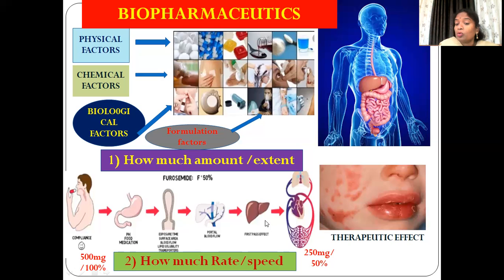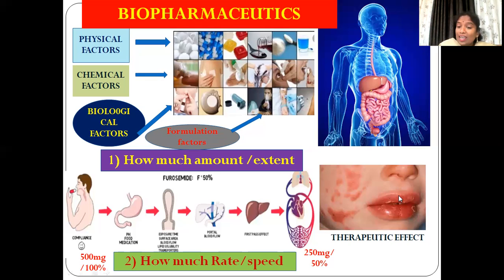And we have to design the dose regimen. How much dose we have to give the patient, and how the dose regimen should be, we decide by these biopharmaceutical studies. Dose is nothing but how much amount of the drug you are taking, how many tablets. The dose regimen is nothing but how many times per day you take, for example, 500 mg of the drug, that we call a dose regimen.